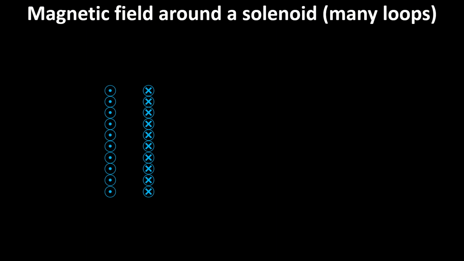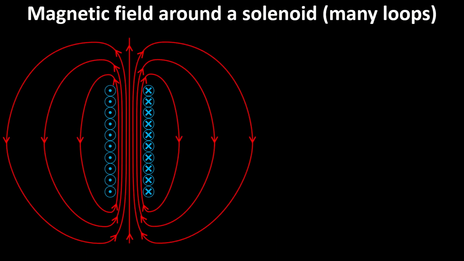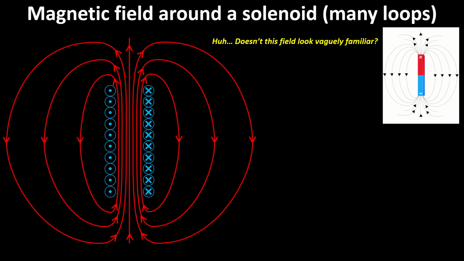So it's looping around, sort of out and back into the screen. Now, the magnetic field around this is basically just a whole lot of the ones we just had added together, and you end up with a magnetic field that looks like this. Okay. Now, that should look vaguely familiar because it's basically the same as what the magnetic field of a bar